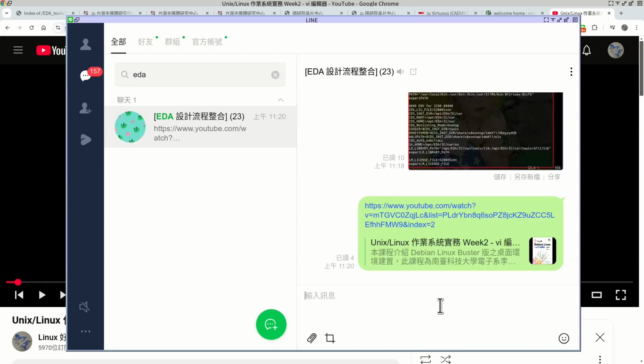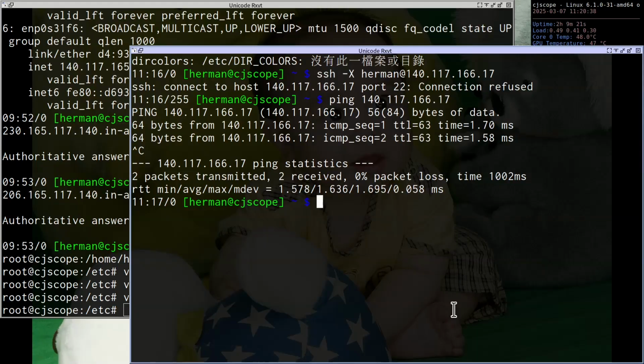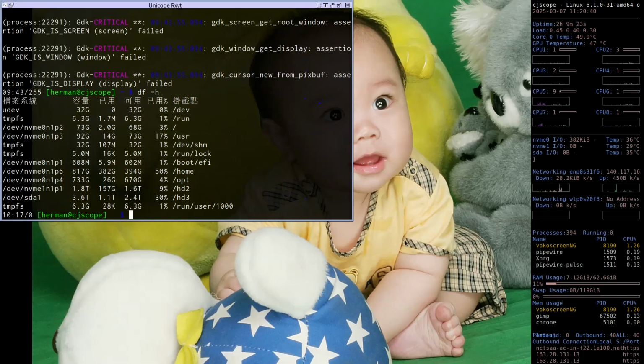One day, if you have the chance to use another Unix machine or Linux machine, you will only find VI available. So you need to learn VI by yourself. You need to be at least familiar with the commands.